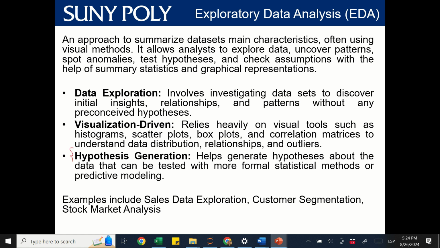And at the end, you need some hypotheses based on the conclusion that you can get from the data. So again, this always should be your baseline when you're doing that analysis. You should start with an EDA and not with a descriptive analysis. So examples here. If we're talking about the same sales data as in the previous slide, but now